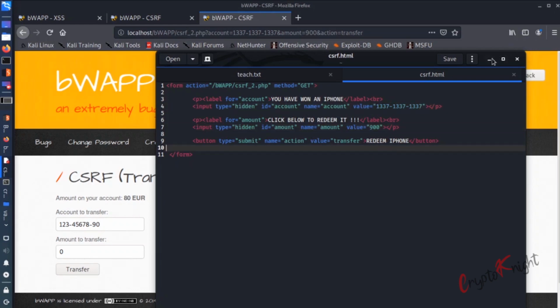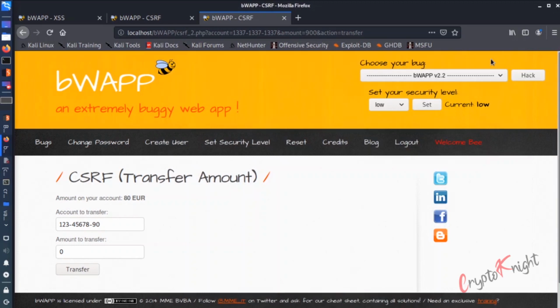So the patch for this vulnerability is that with every request there should be a CSRF token. A CSRF token is a unique value that is validated by the server, that okay, this is a unique value which I have set and is a valid one. So if it is present, only then I will accept the request. Since here there was no CSRF token, that's why this got executed.